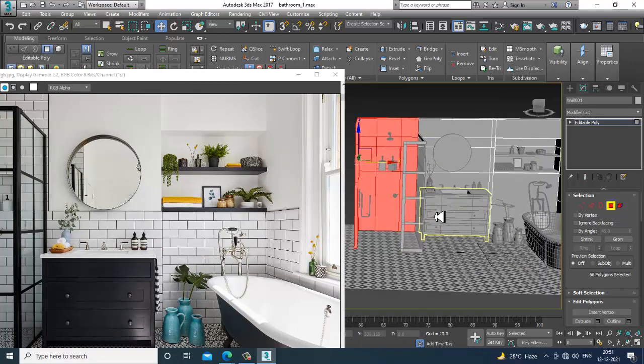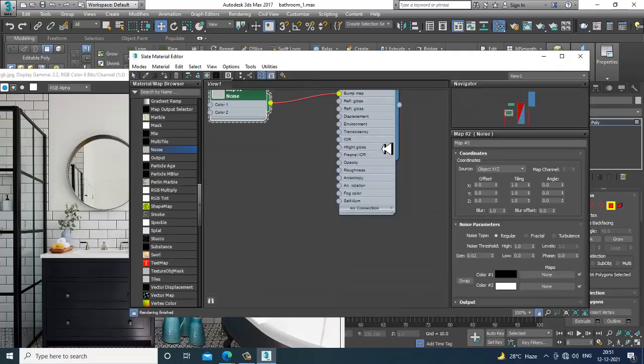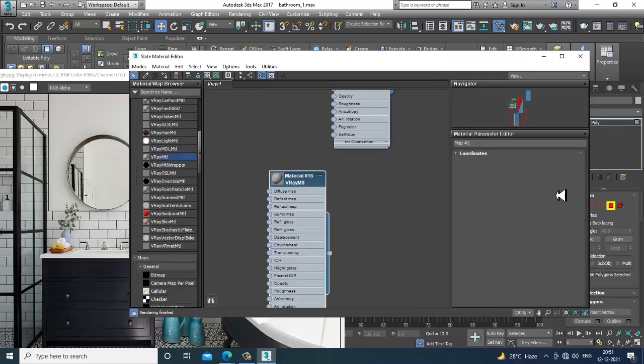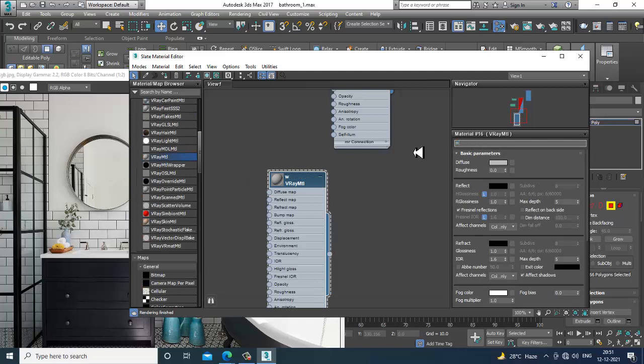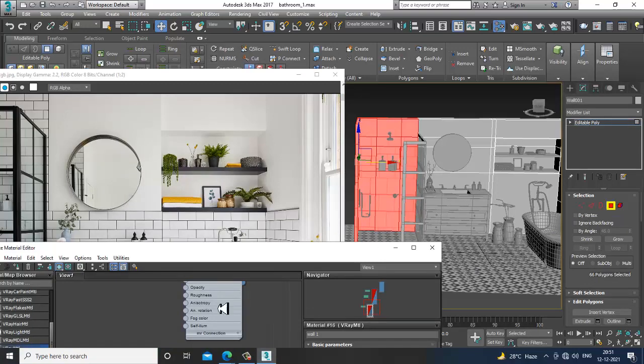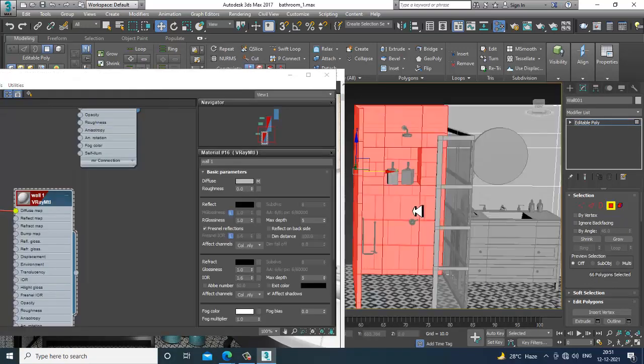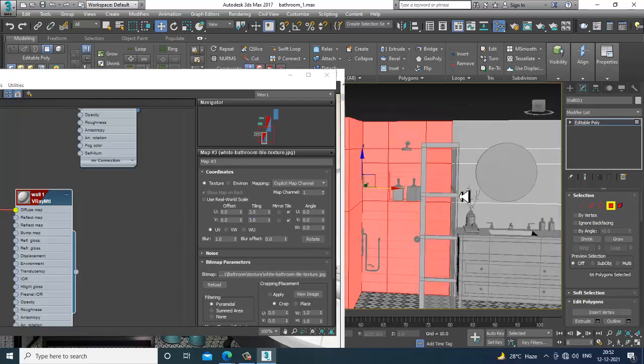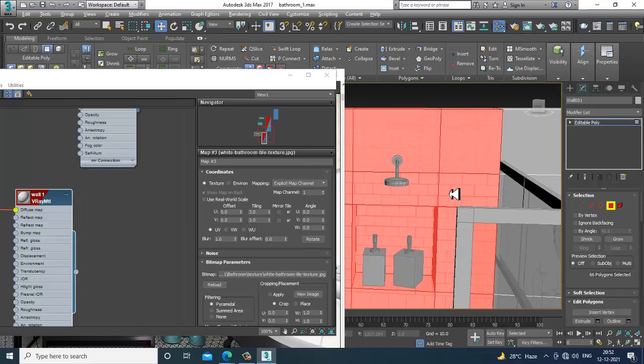I'll go into the material and again take a V-Ray material for wall 1, go into diffuse bitmap, and take a white bathroom wall texture. Again let's go into that, and you can work out the tiling part.